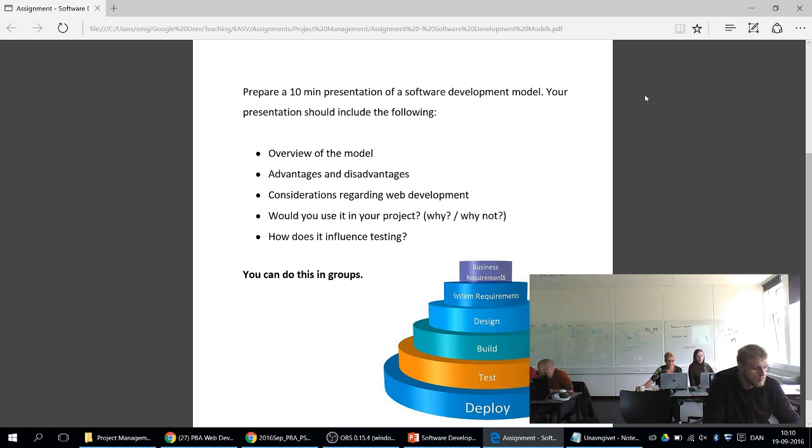What do you use it in your project? How does it influence development and testing? Could we use that in web development? So, advantages and disadvantages. So we have huge